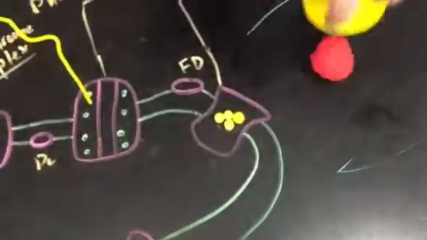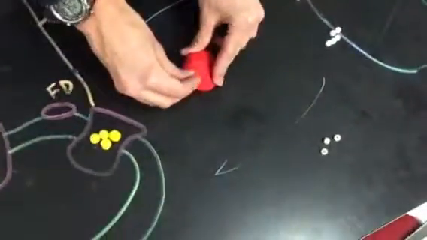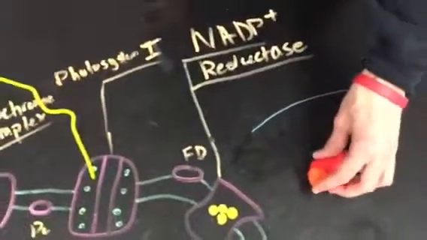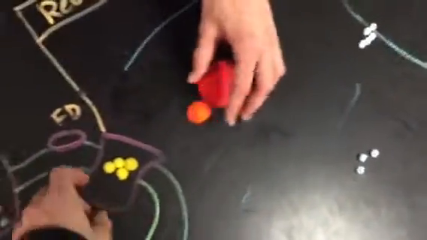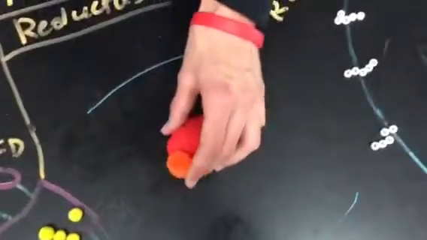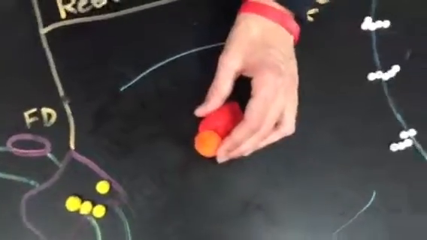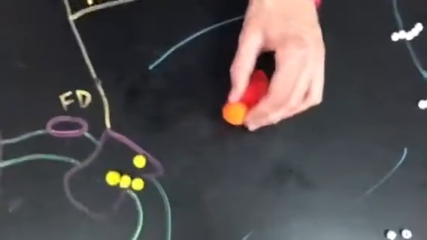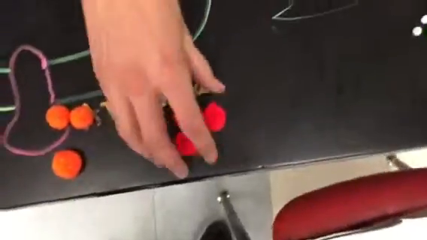As we wait for it to appear, there's our NADP plus reductase. And it transforms into NADPH with the use of an electron. So an electron gets removed. So now we have 2 separate items. We have the NADP plus reductase, the NADPH, as well as some ATP, which all get sent over into the